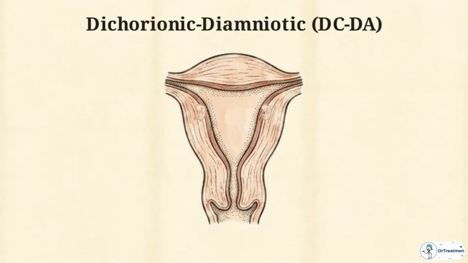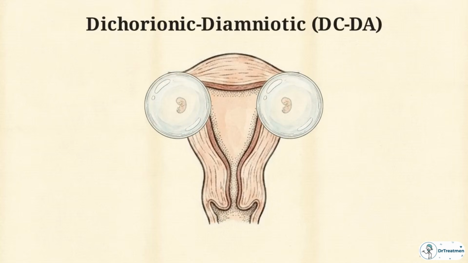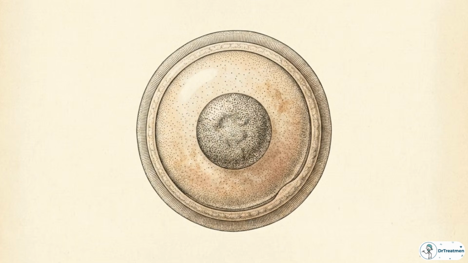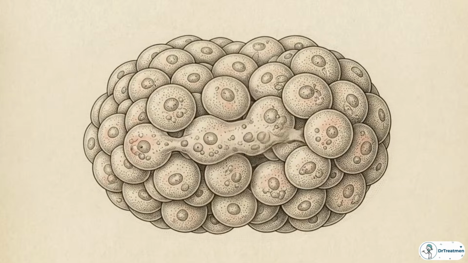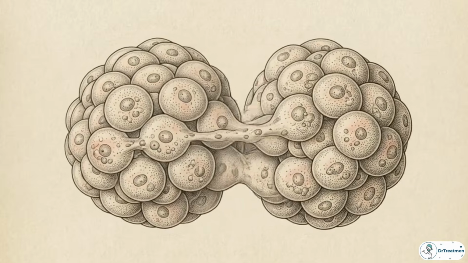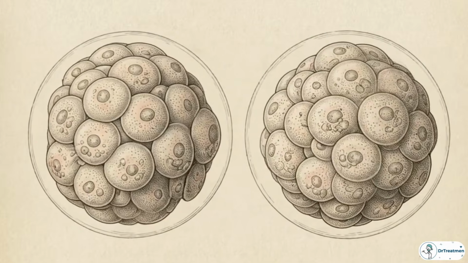Each embryo implants independently, building its own isolated placenta and its own protective amniotic sac. They share a womb, but nothing else. Identical twins, however, start as a single fertilized egg. The anomaly happens when this solitary developing cell mass randomly fractures into two distinct groups, each taking a complete copy